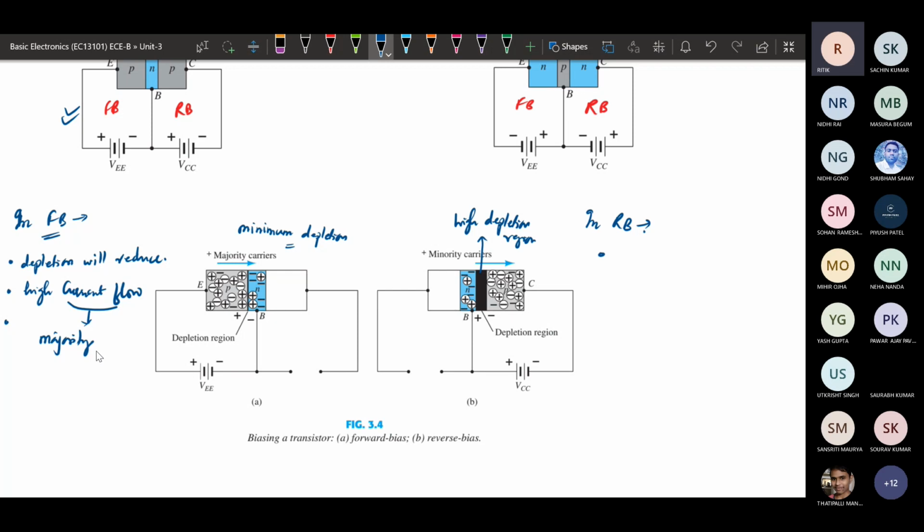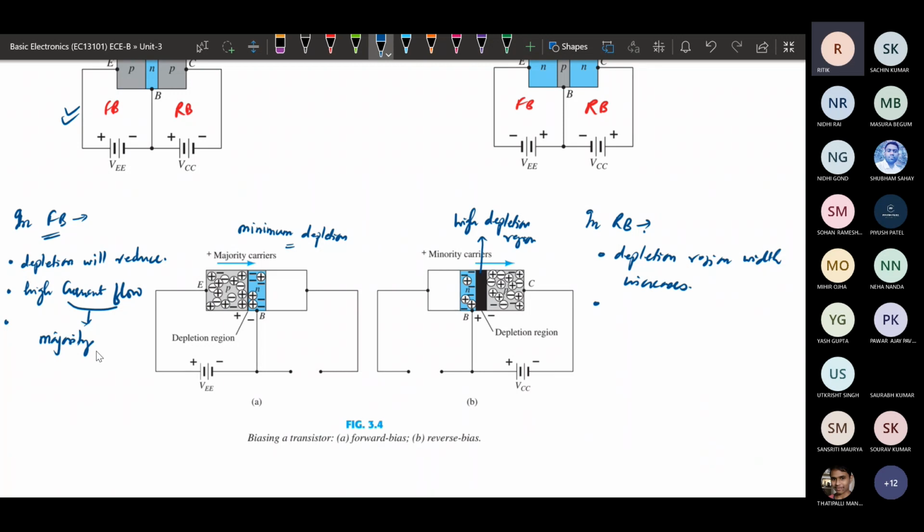The depletion region width is going to increase in case of reverse bias. So we can note it down: the depletion region width will increase. In that case, there will be no